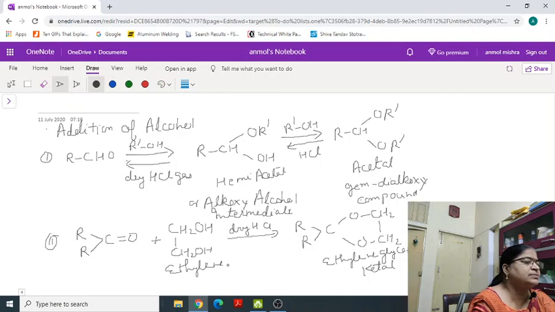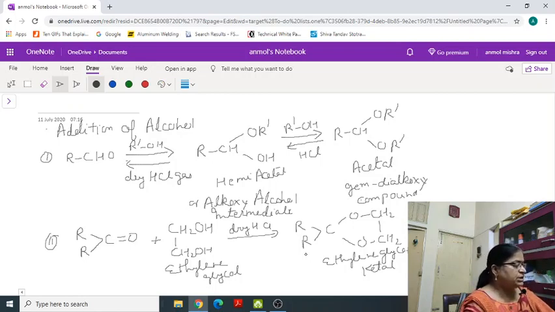Ethylene glycol. So aldehyde reacts with primary alcohol. It forms hemiacetal and acetal, whereas ketone reacts with dihydric alcohol to form ethylene glycol ketal. The function of dry HCl gas in this reaction is it protonates the oxygen of the carbonyl compound and increases the electrophilicity of the carbonyl carbon to facilitate the nucleophilic attack of ethylene glycol.